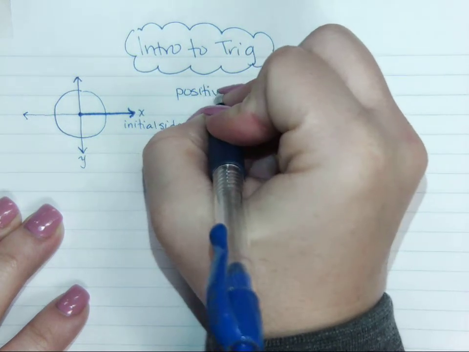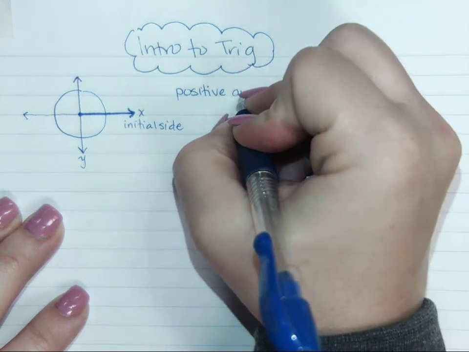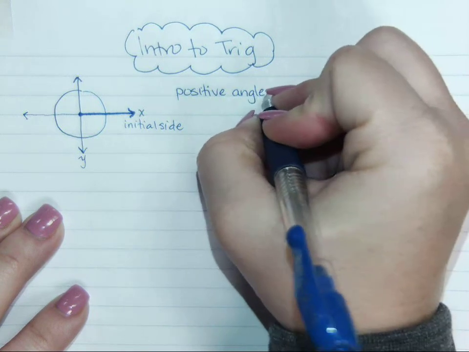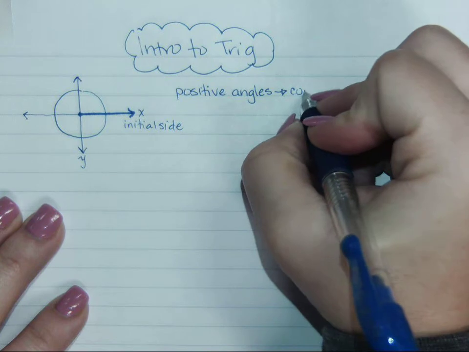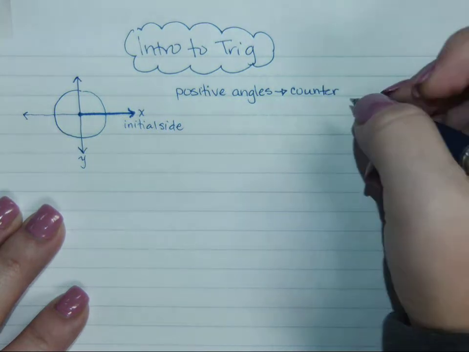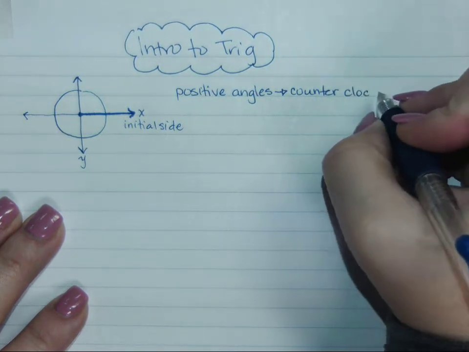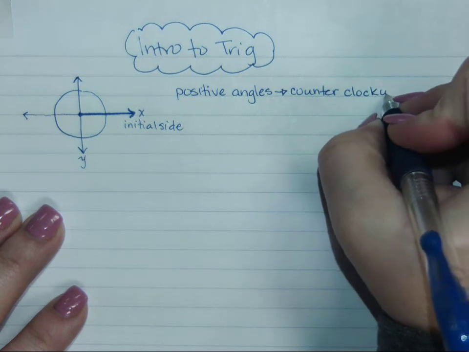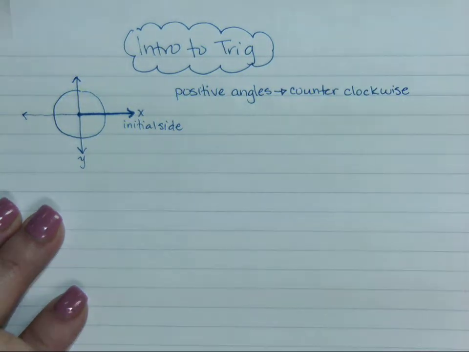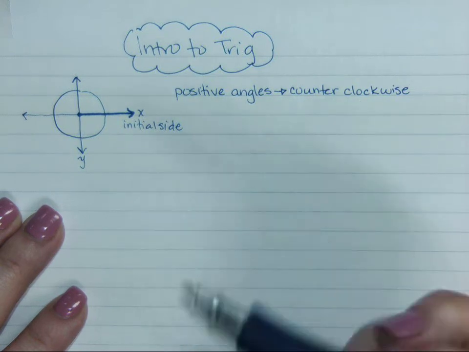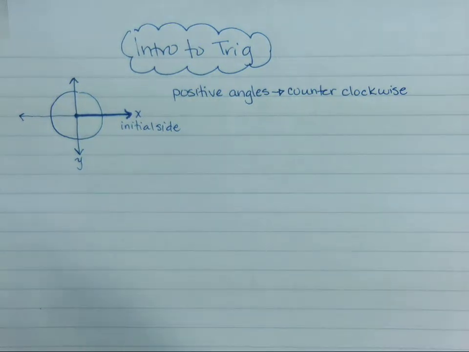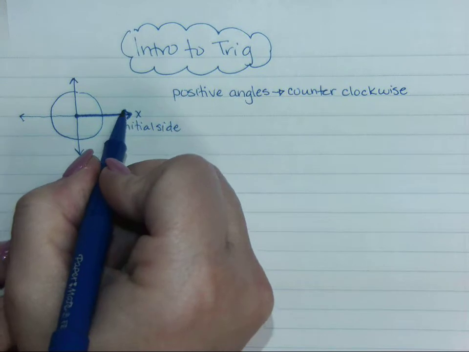So angles can be positive or negative. And we always think of not being able to have negative measurement, but that's not the case. In terms of trig, having a negative measurement tells you the direction. So when we have a positive angle, that tells us that we moved in a counterclockwise position to create that angle. And so your angle is going to move upwards this way,